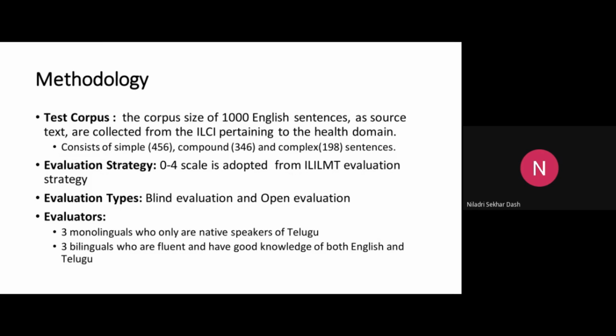But in that case, you had another golden opportunity. Suppose you take these 1000 ILCI sentences, which are already manually translated into Telugu. We are using it for the BLEU score. That is basically a control data. I was just wondering why no comparison is presented with that. He should have done it, but due to the time limit, he could not do much. I would suggest that please do that; that part would be far better to understand things.